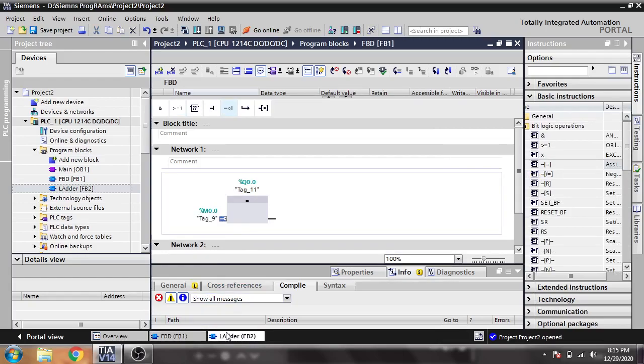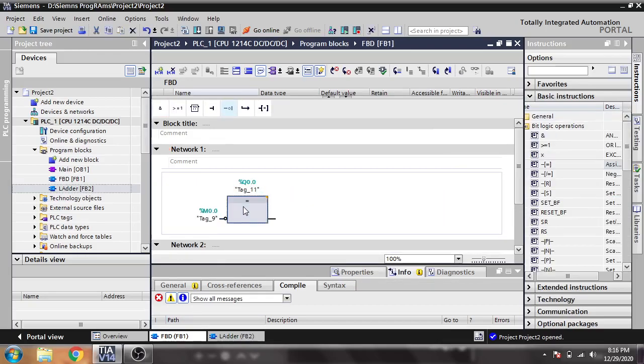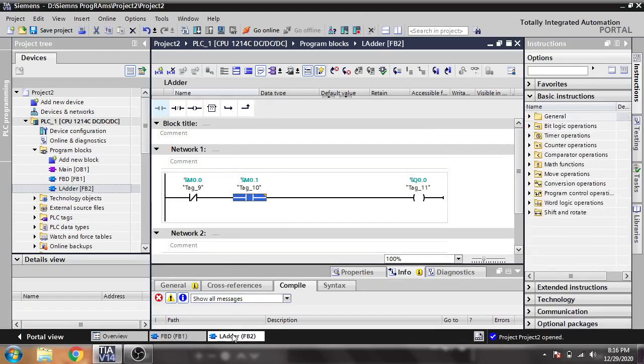If I just need one NC, it means an AND gate, and I'm doing 0.1 there. So how do I make that language? You will see I'm using an AND gate there, and first I'm going to make it NC. Which one is our NC?